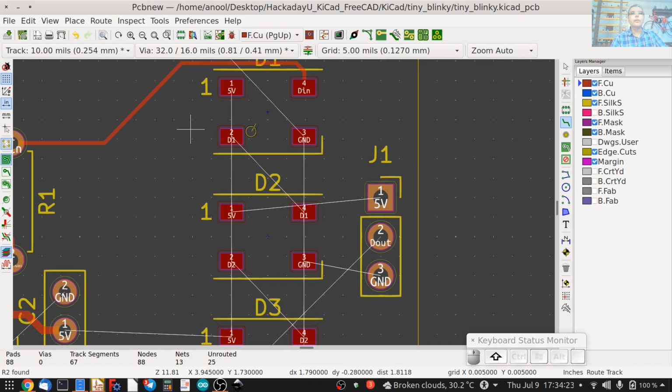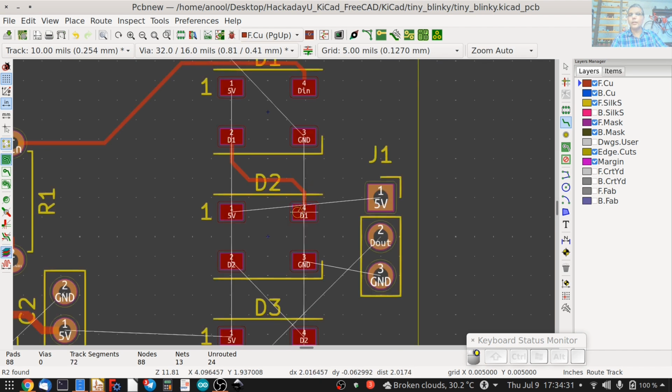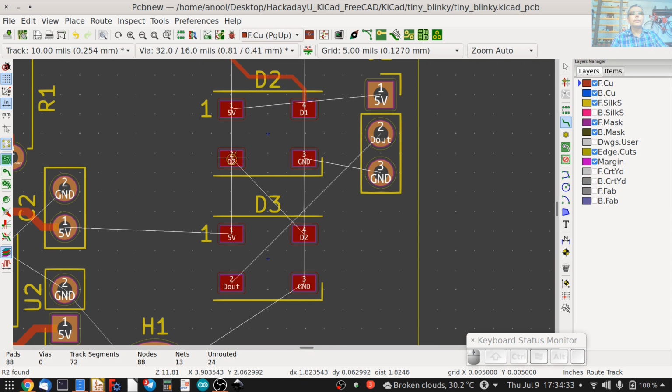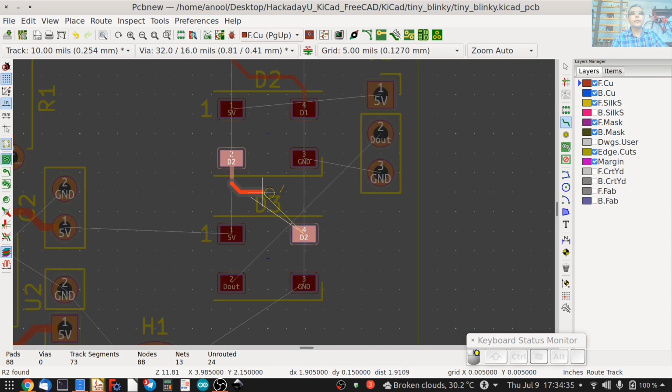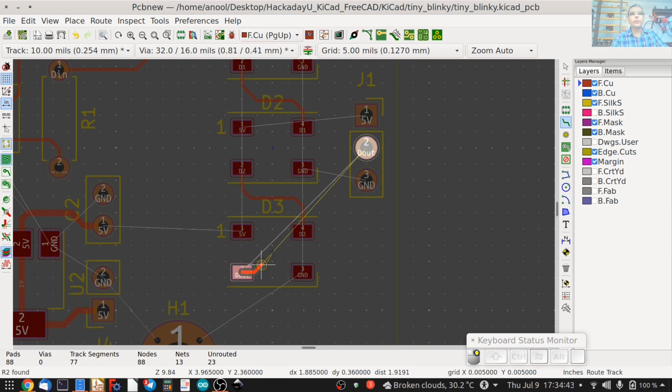The output of the RGB LED goes to the input of the next LED. And from the second to the third, like so. And then finally the output of the last LED goes to the output header like so.